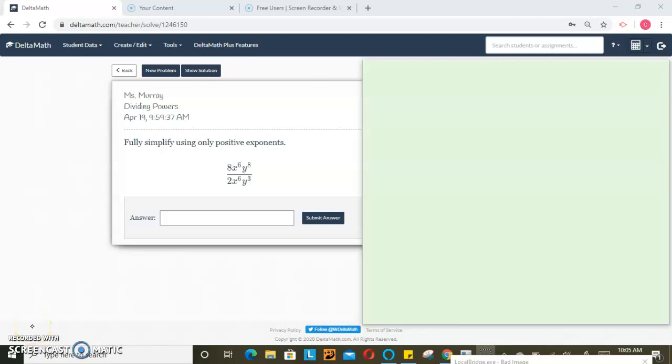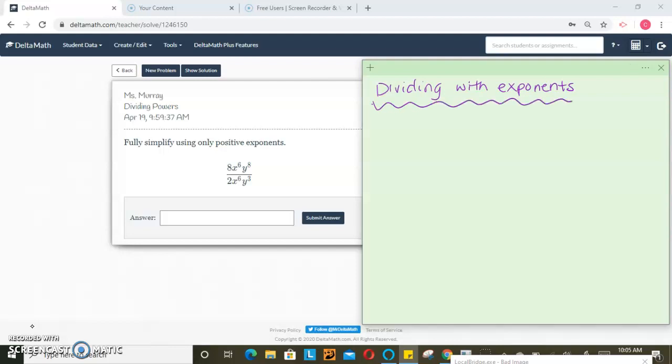Hi everyone, today we're going to focus on dividing with exponents or powers. Exponents and powers mean the same thing. So I'm going to do a couple notes over here on my side sticky. So we're going to put dividing with exponents. And we're going to talk about a couple rules that are going to help us simplify these exponential